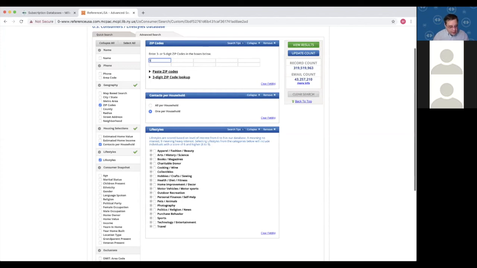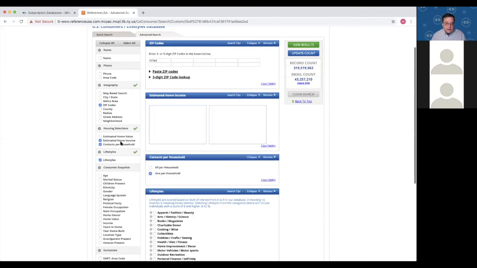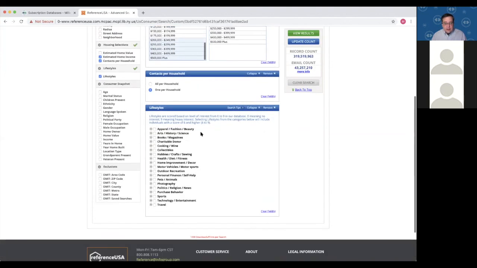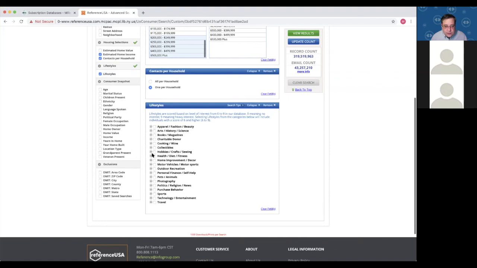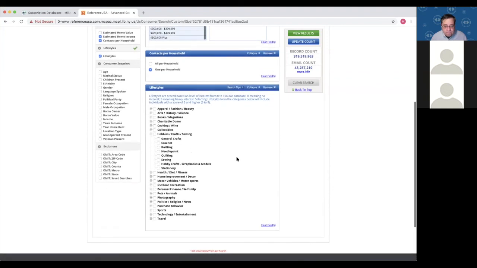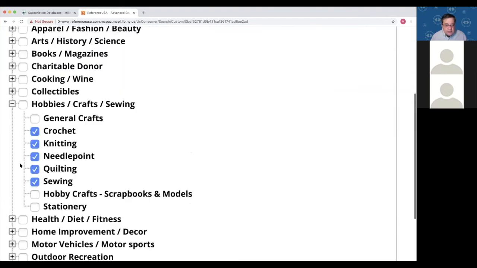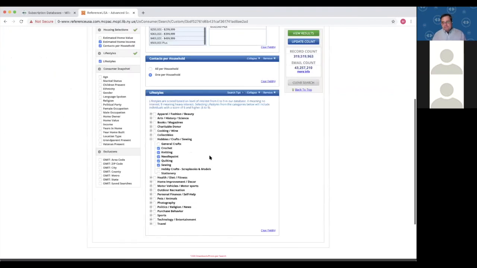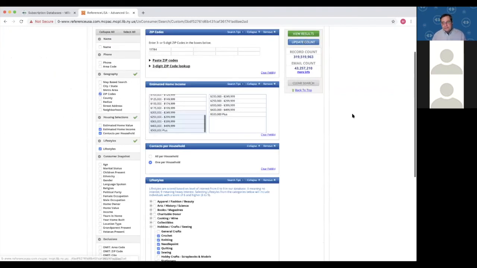Let's pick a zip code here. I'll pick Selden 11784. And let's look for folks. I'm going to also select estimated household income. Folks who make more than, let's say, $200,000 a year. So I selected all that. And let's say folks who are interested in crochet and knitting and needlepoint sewing. We'll do this grouping here. Okay. I hit update count, and